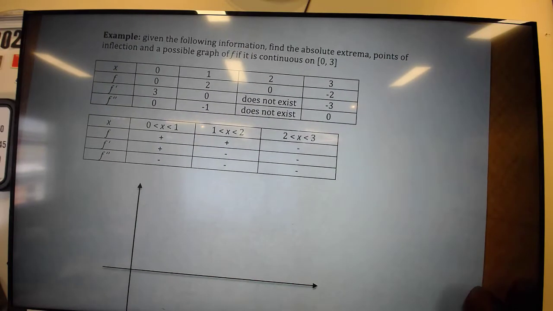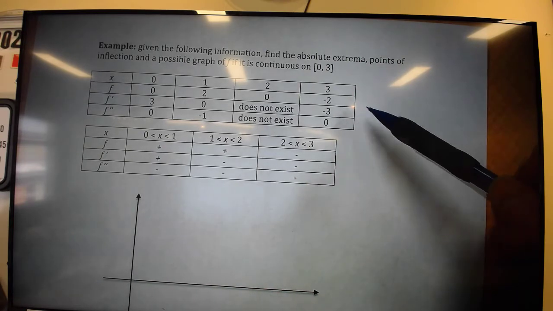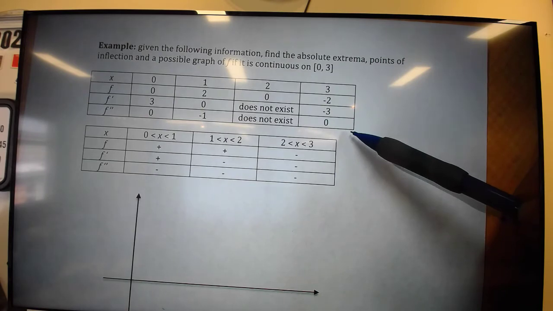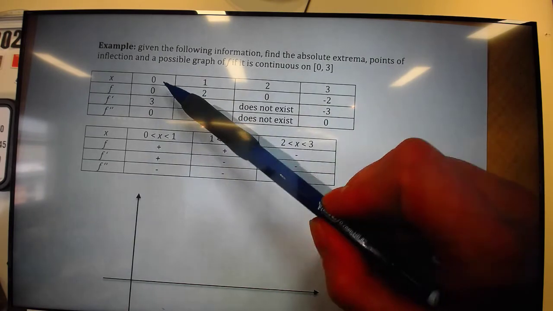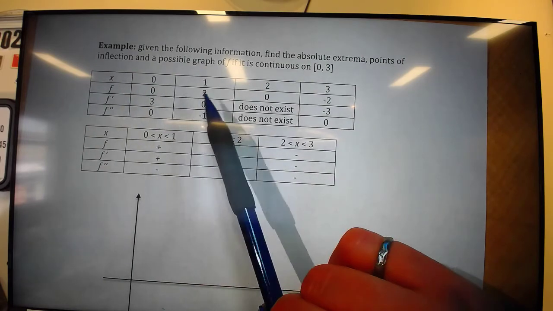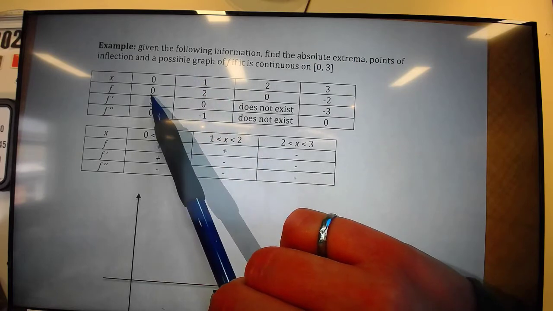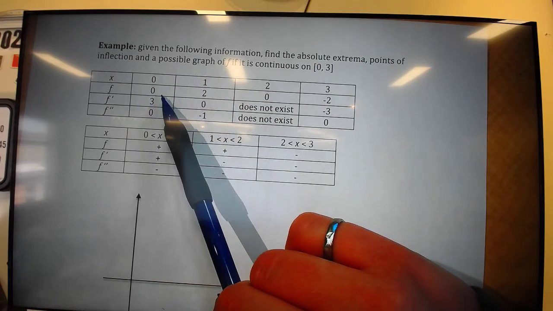The last thing that we can do here is, given the following information, we're going to find the absolute extrema, points of inflection, and a possible graph of f if it's continuous on the interval 0 to 3. Okay, so we've got a whole bunch of information here. We've got f prime, and f double prime for a bunch of different values of x. So if we want to sketch f, we can say, okay, well,